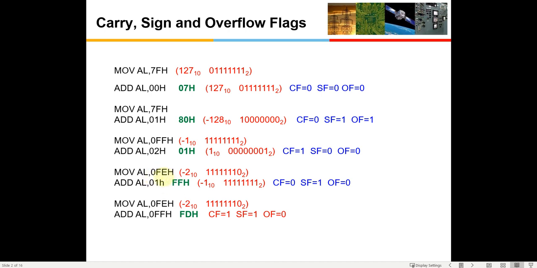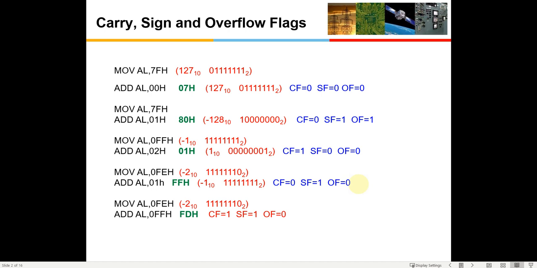Similarly, I did 2 more operations like this, and everywhere I didn't find any discrepancy. You can re-verify these things once again, and if anybody gets a result contrary to what we should get, you can let me know by mail. I just checked with 8-bit. I guess it should work for 16-bit also. The only thing is we need to clearly understand the representation. Once that is done, I don't think anybody will have any problem. In case there is still any problem, please feel free to mail me the code and the details. I will look into it, and in the next class we'll clarify the issues.